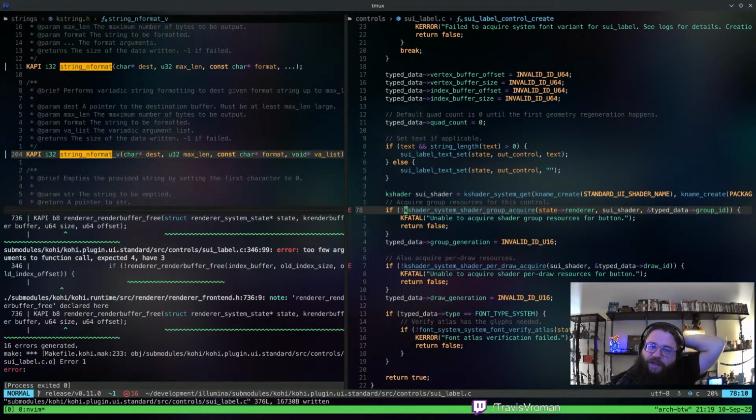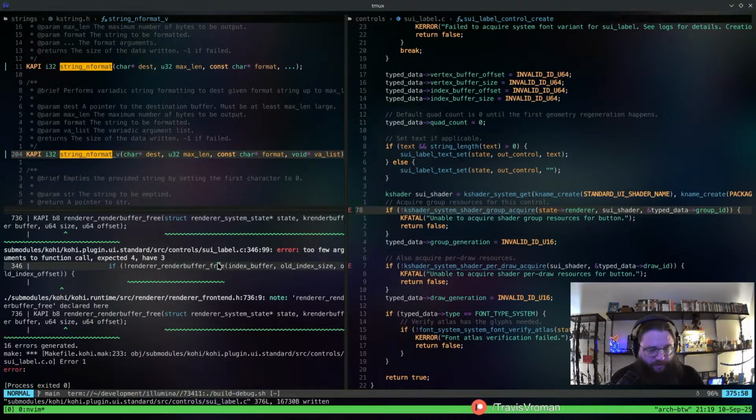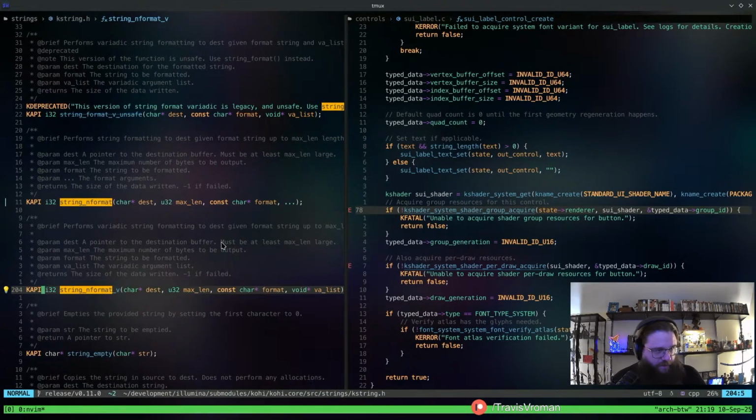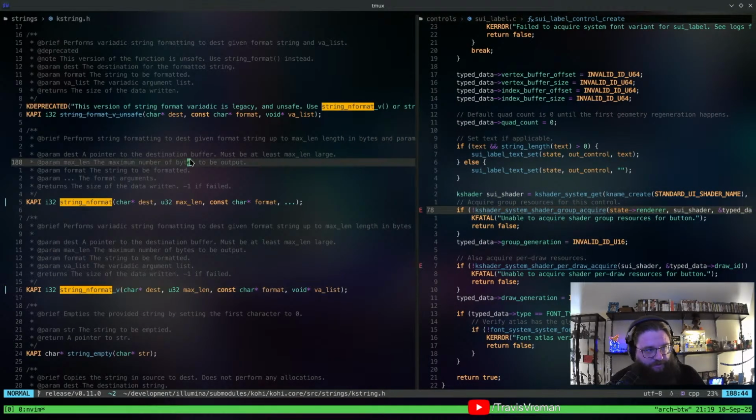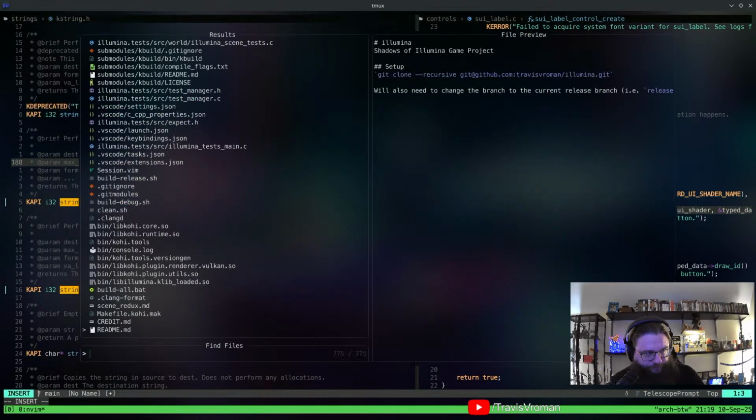Per group, and oh, we haven't done this yet for the UI stuff. Right, we haven't evaluated that shader yet. So we are going to have to do that. But at least what this tells us is that we're done with the core runtime changes. At least we're code complete on that.